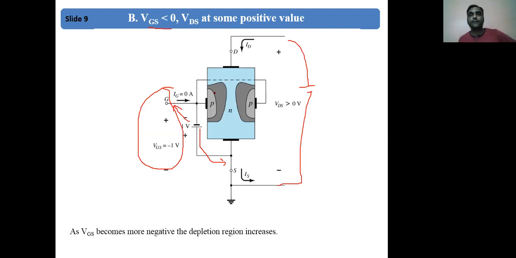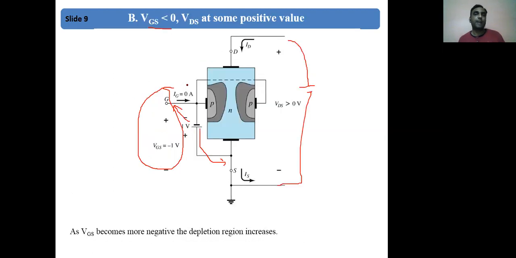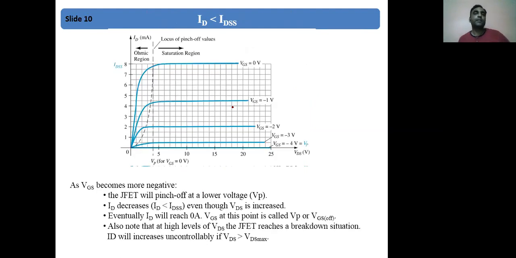Now what will happen if this VG is connected like this? What will happen to the characteristic which we have seen earlier? In the previous characteristic, VGS was 0. If I make VGS -1, what effect will come? You can think about what the effect will be. The pinch off phenomenon will happen earlier. Why? Because the depletion regions are going to combine, and they combine earlier because more reverse bias is applied. Okay, so as we increase the VGS, the depletion region will come closer and the pinch off phenomenon will happen earlier. As we have seen, VGS equals 0 was already discussed.